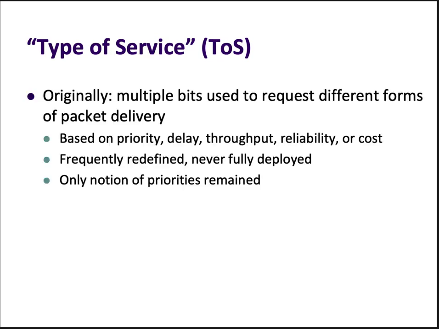Type of service is exactly what it sounds like. It was originally designed to be a set of bits that would tell a router how to treat this packet. What kind of service does this packet want? Either delay sensitive or throughput sensitive. Over the years, many people defined it and redefined it and tried to use it. It never really took off. The one use of these bits that has persisted is just for priorities. If you want to indicate different